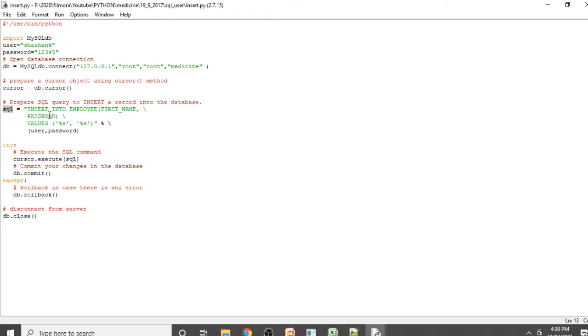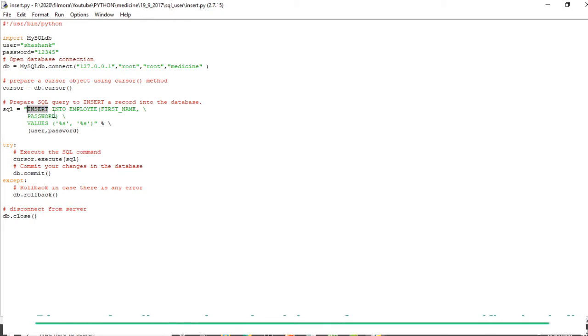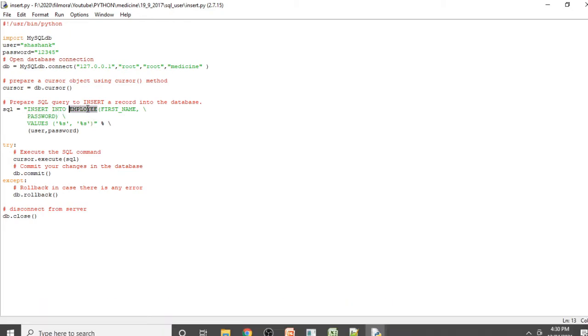Then SQL, this is your command. This is one variable which takes your command. So command is insert into employee, this is table name, then first name and password, values percentage. So whenever you run the program, these percentages will be replaced with user and password.